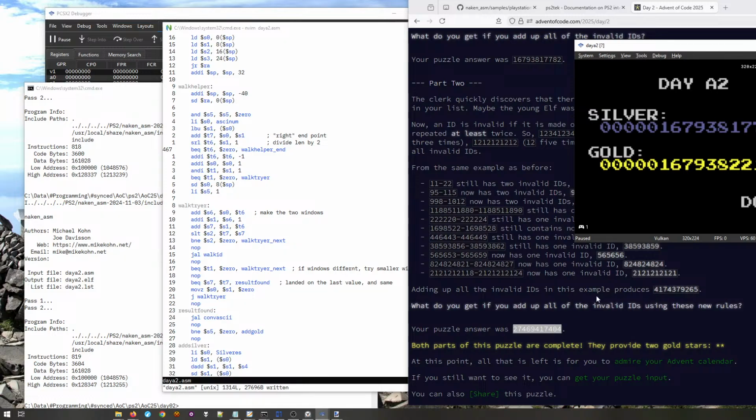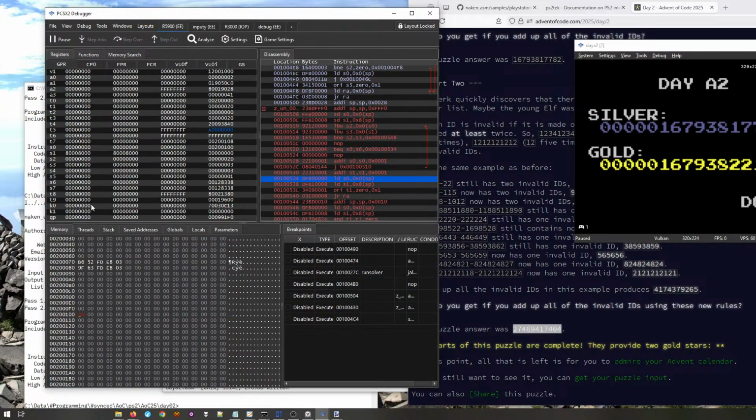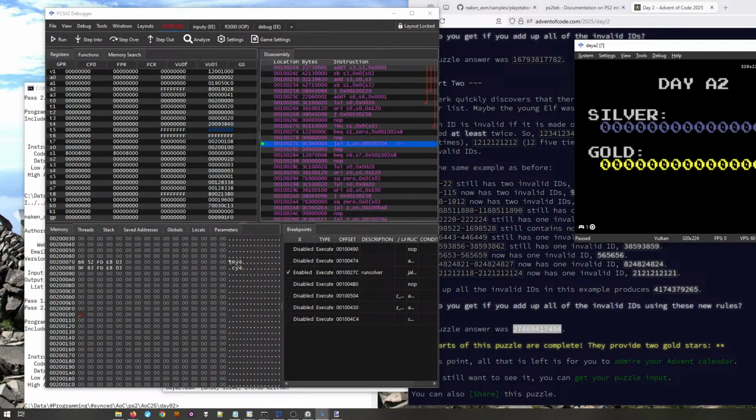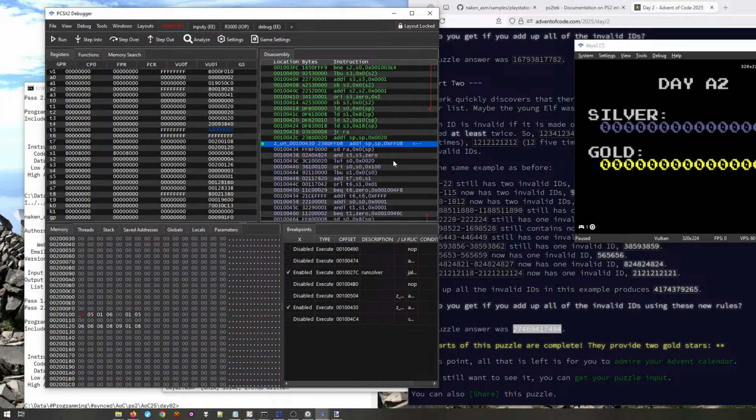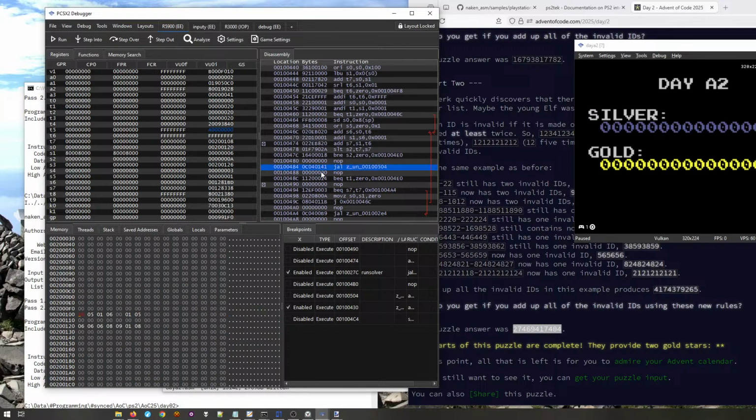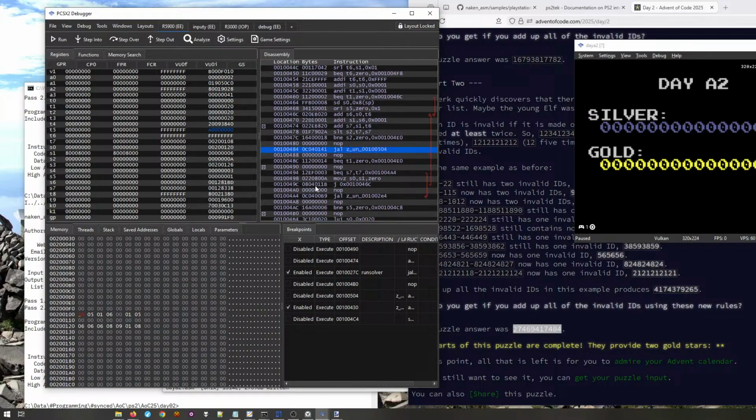I was hoping that it would magically work, but obviously I am dumb, so where are we? Here we are. I think we want this one here to be like, this is a